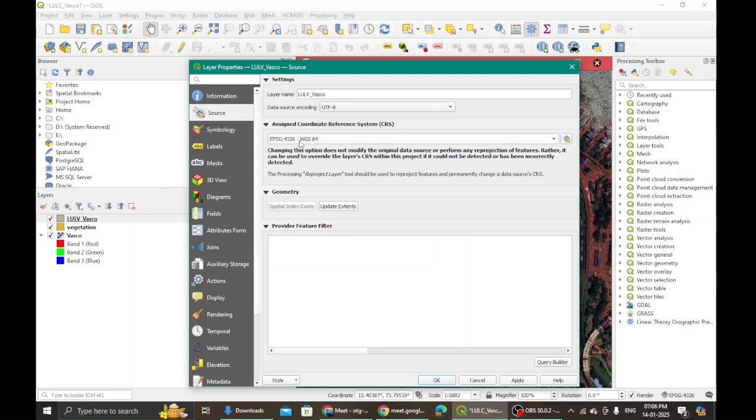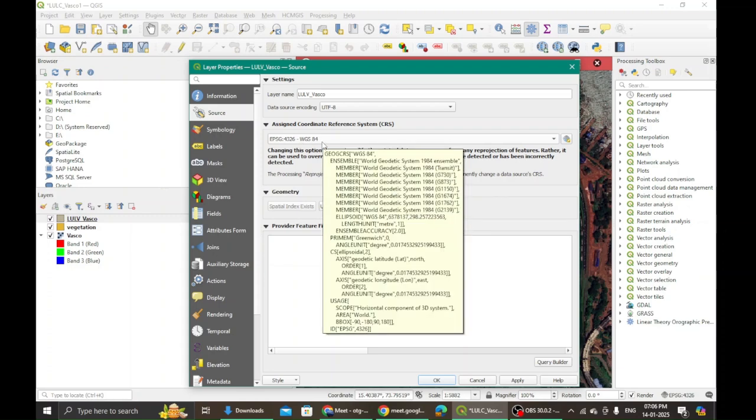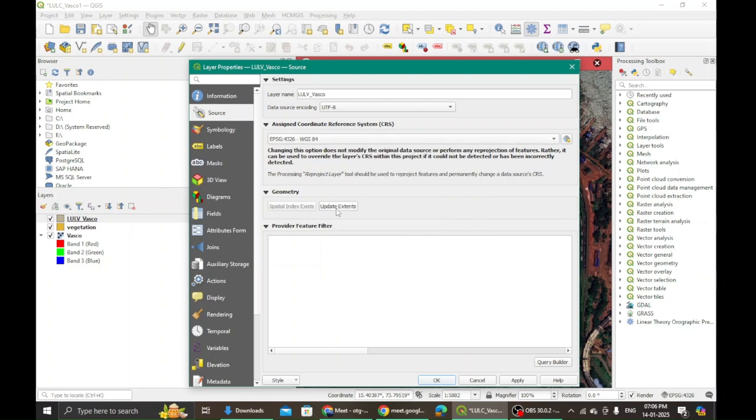The coordinate system is WGS84, which means it is not a projected system. Projected systems come in different zones, for example the Universal Transverse Mercator, where the reference scale is given to us in meters.